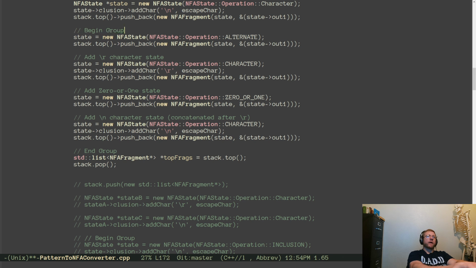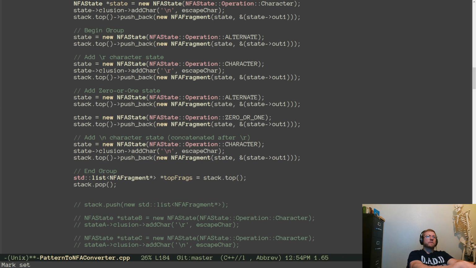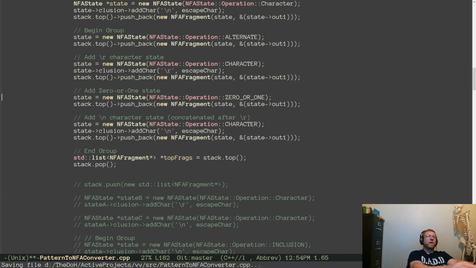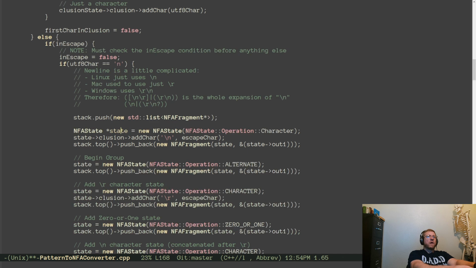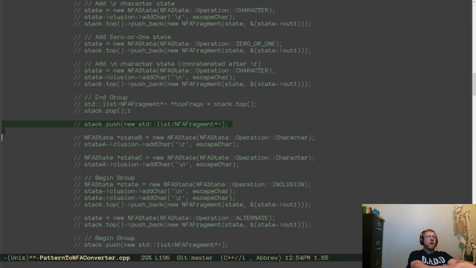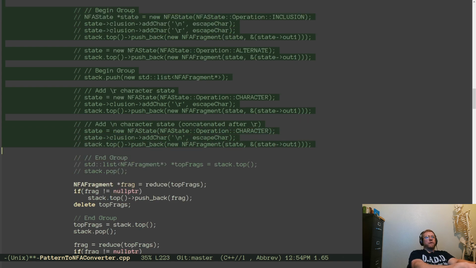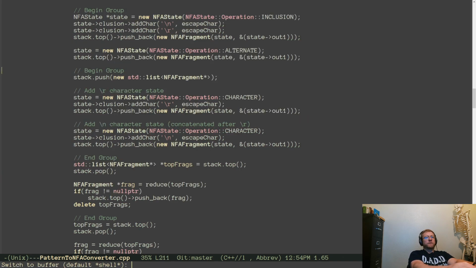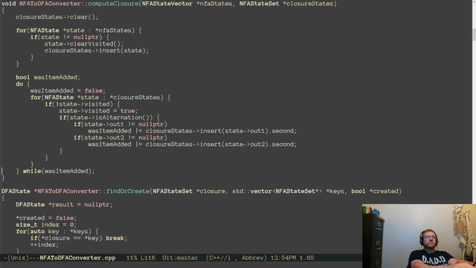Another fragment group. The main problem here is that I don't think this is the problem. Question is, the NFA looks right.